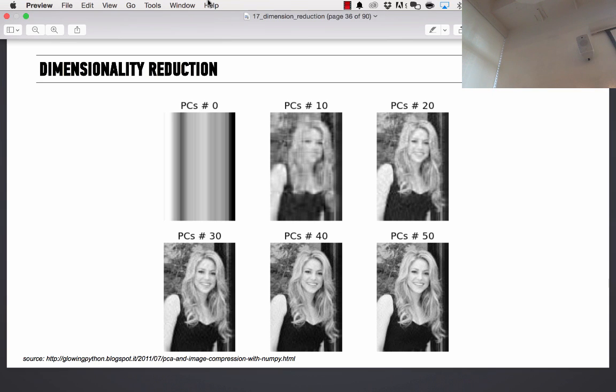So what we're looking at here, if we don't use any of them, this is what the image comes up with. It's just a blurred image, nothing. Then we use 10 principal components. 10, what does that number mean? 10 out of the possible 642. There are 642 possible cameras that were given to us. 642 cameras, we chose 10 of them, placed them in very good places, and we got something that looks like a human. Can you tell it's Shakira? No. Let's try 20 cameras, 30, 40, 50.